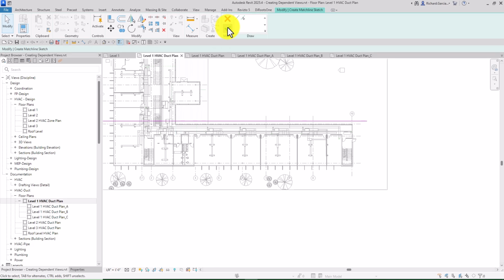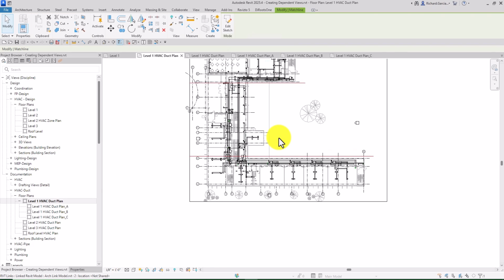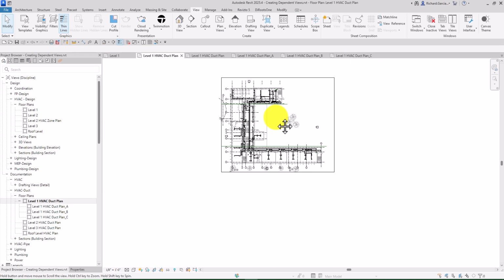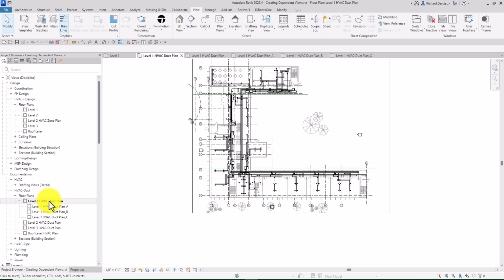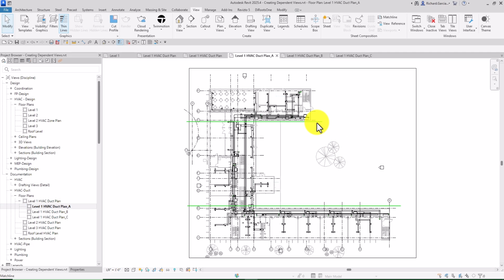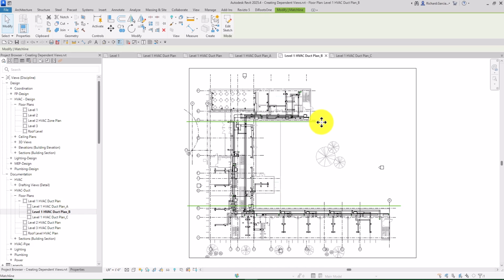All right, so let's click that one and there you go. So we just created now our match line. So this is our parent view, right? So if I go to HVAC duct plan A, I can see also there the match line that I have created. Same with the other dependent B. See the match line, that one, and then that one, and then